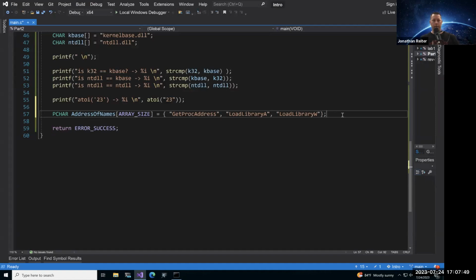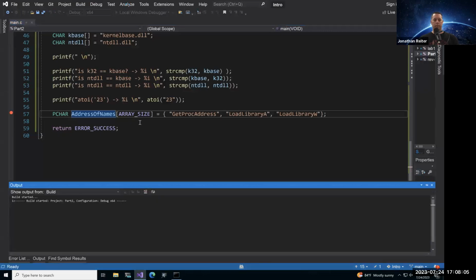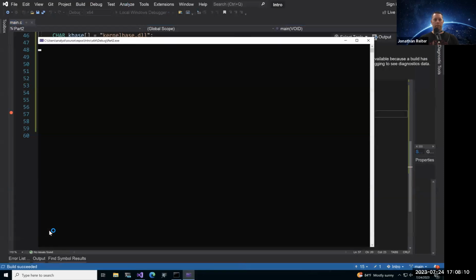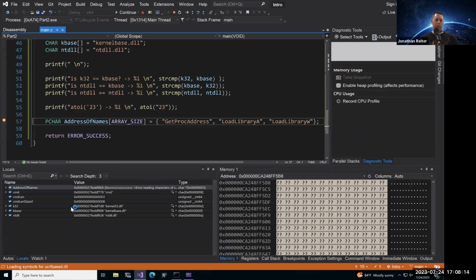And what I want you to do is set a breakpoint at that line where you have your PCHAR address of names, and go ahead and run your debugger. Okay, it does this thing, cool.